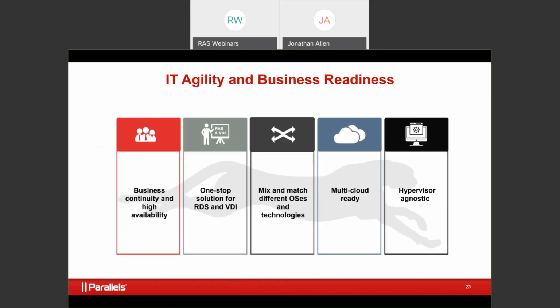Agility provides you business continuity and high availability. Again, it's uninterrupted and continuous access with built-in load balancing. We're a one-stop solution for RDS and VDI. It allows you to manage RDS and VDI environments in the same infrastructure, which streamlines IT operations. Mix and match different OSs and technologies. It doesn't matter what the end user wants to use.